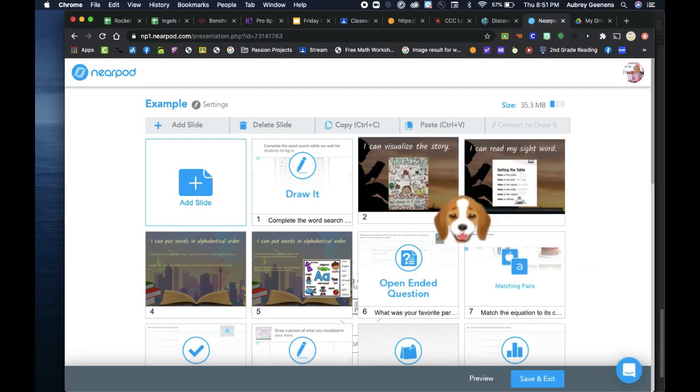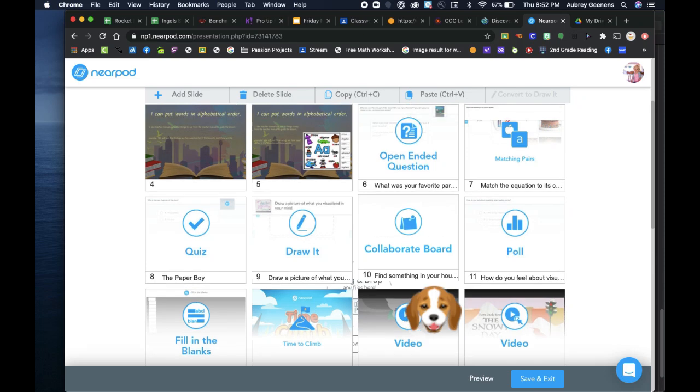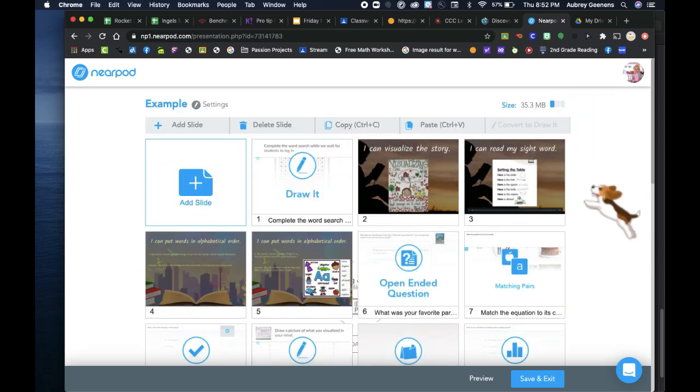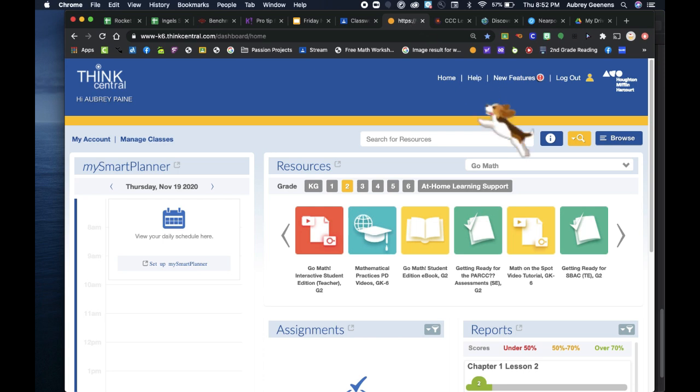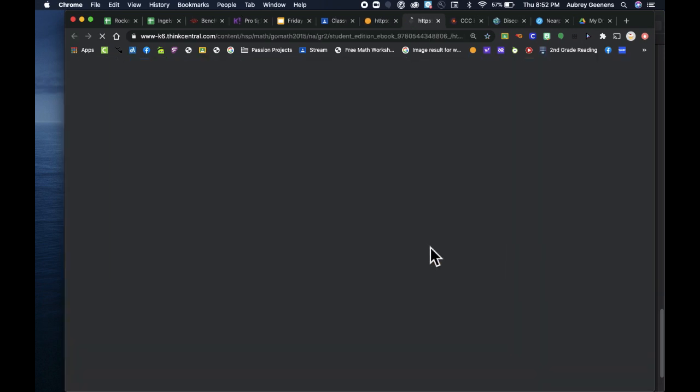So I click save. For making meaning, again, like I've showed you at the beginning, I can visualize the story. We can do a read aloud, answer comprehension questions. You can use a collaborative board to discuss. And then for Think Central, I already have it up. I go to Think Central, and I'm in second grade, and say we're doing a math lesson. So I'm going to click my student edition,